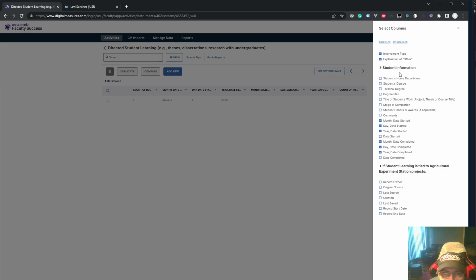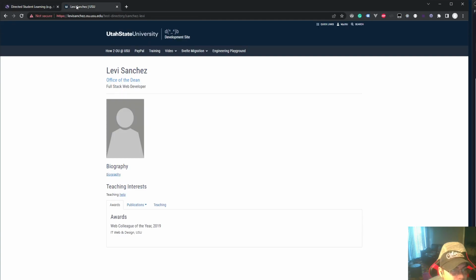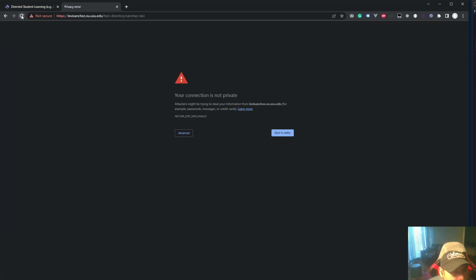Okay, let's see. Student information, student home department, degree terminal, students honors comments. It doesn't even give me the option of listing out their name, which makes sense if you have multiple students being listed on the same entry. I guess it wouldn't know which one to use. I would have thought that this system would have you list them out a little differently, but anyway, that's how that is. But if we come back to the page,